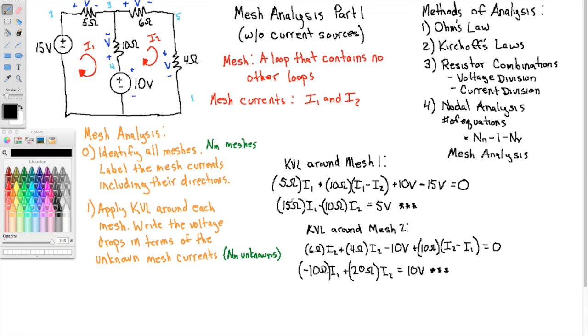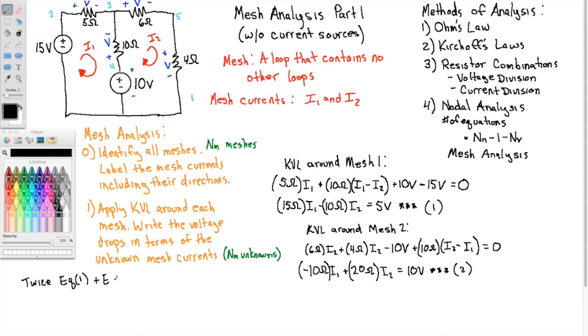So if I multiplied this equation, the first one, by 2, and I added it to this equation, then the I2s would drop out. So let me do that. So we'll call this equation 1, call this equation 2. So again, I'm doing twice equation 1